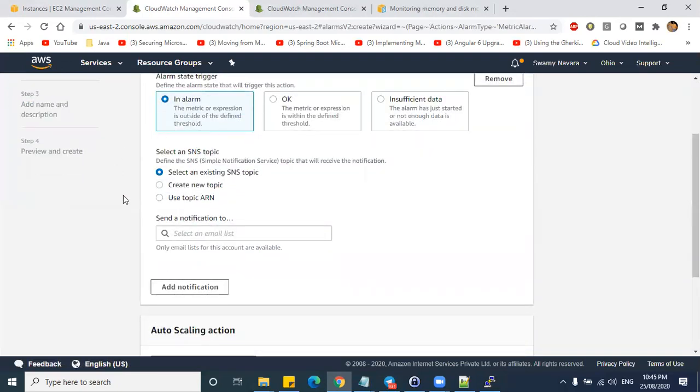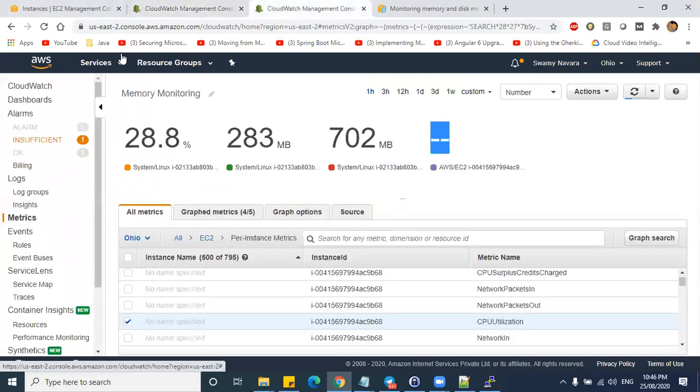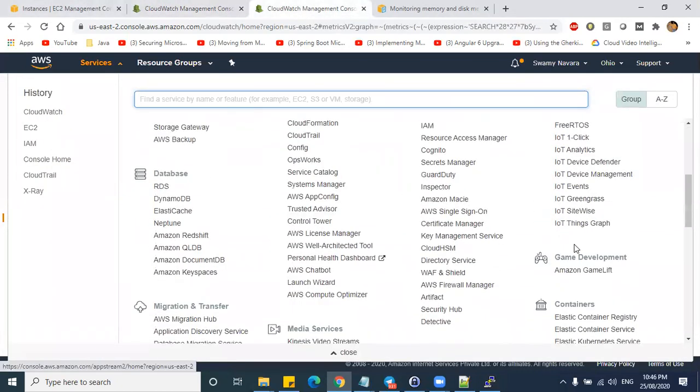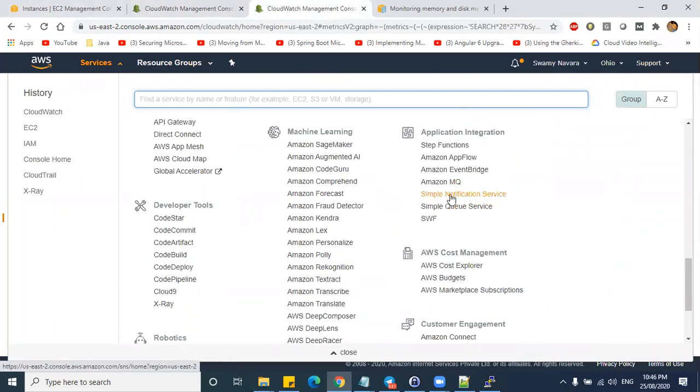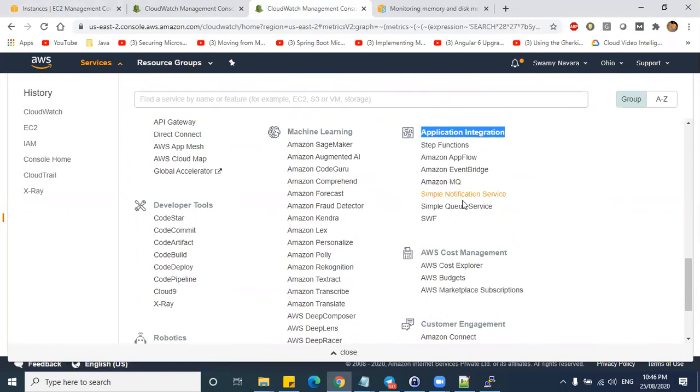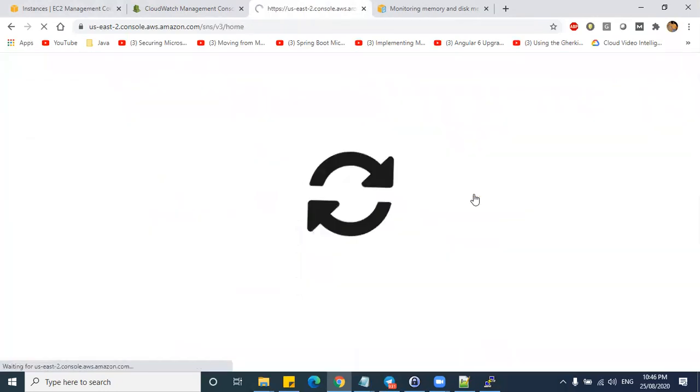Now we need to set an SNS topic. SNS is nothing but Simple Notification Service in AWS. Either you can create SNS from here if you don't have any, or you can create it from another place. So let me show you from services. Under application integration, you have Simple Notification Service.